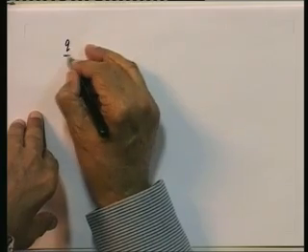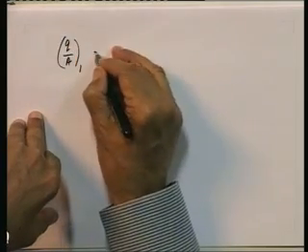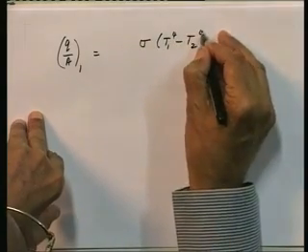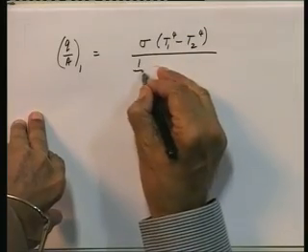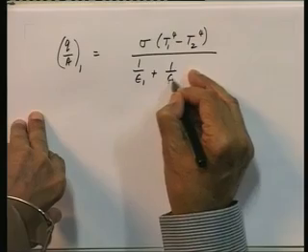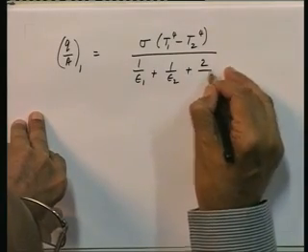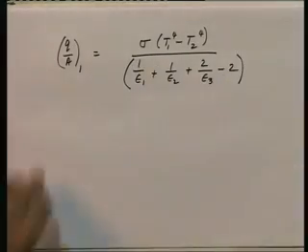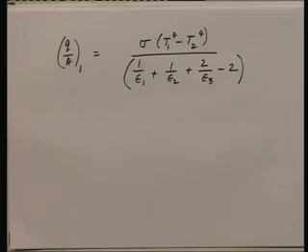Or finally, if you want an expression for Q by A 1, Q by A 1 is equal to sigma into T1 to the power of 4 minus T2 to the power of 4, divided by 1 by epsilon 1 plus 1 by epsilon 2 plus 2 by epsilon 3 minus 2. That is the final expression for the heat flux, the rate at which heat is supplied at the surface 1, or this is also equal to minus Q by A 2. Okay. Now, consider the special case